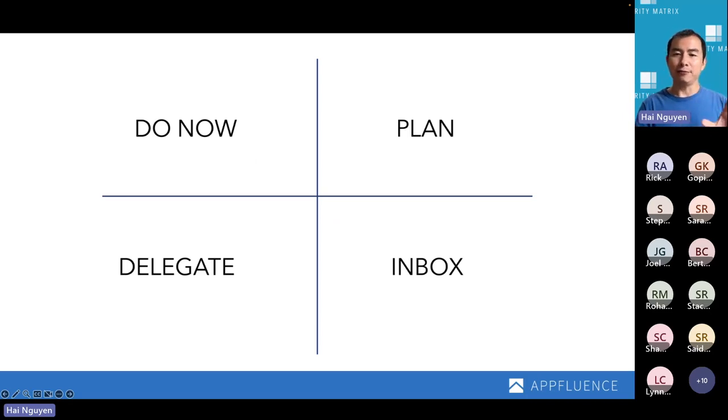And then interestingly, what are the things that are important but not urgent? Those are the things that you plan for. And then what are the things that you can actually delegate to others? And when I say delegate, even if you don't have direct reports, delegating just means finding somebody else who can actually do a better job than you. You can think of a restaurant as a way for you to delegate the cooking and the cleaning aspect of it, right? And you can think about the same concept of delegation within services, within product, and either at work or at